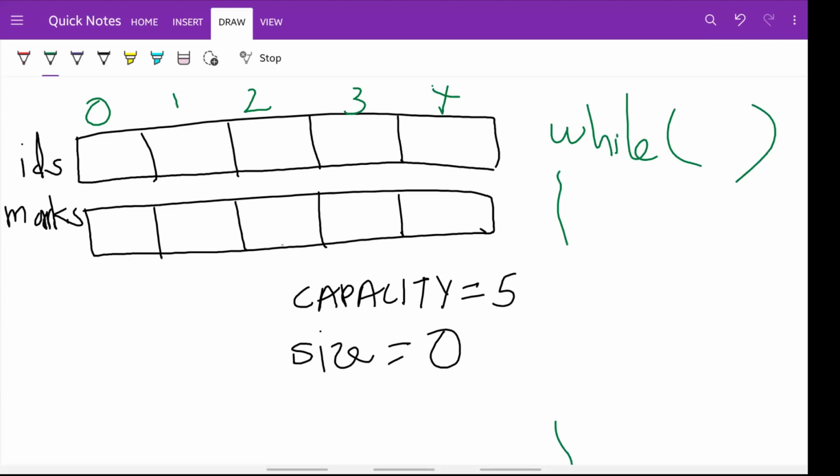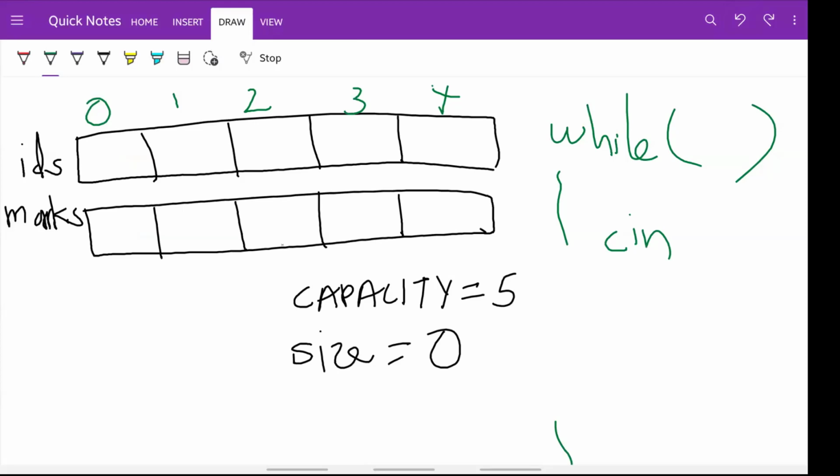The code will get the input from the user, the value of mark and ID for a particular student, and then we have to store those IDs and marks in this array at location 0. So we can store the value at the index size. I'll go to my array at index size, which is 0, and then store the ID over there.